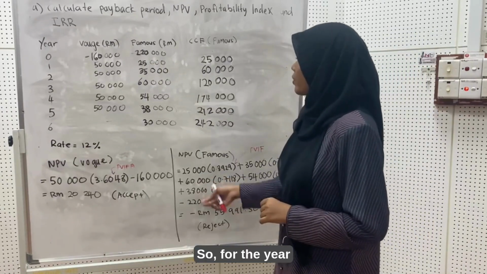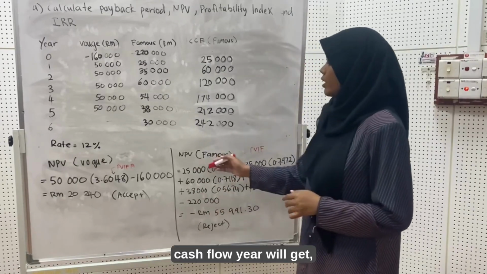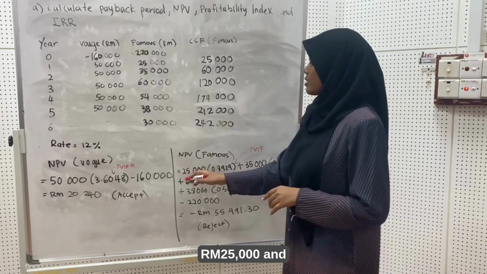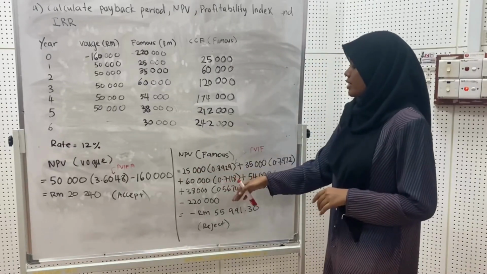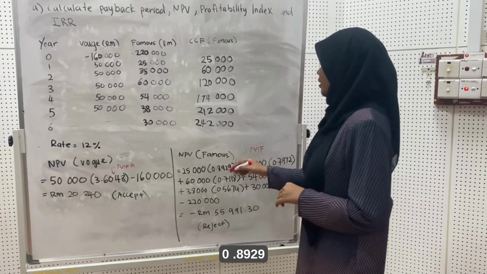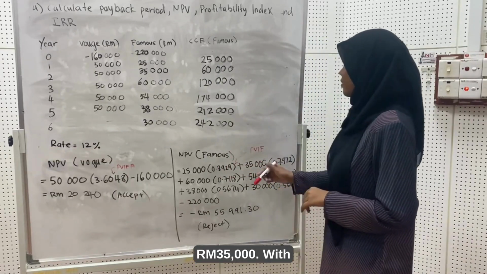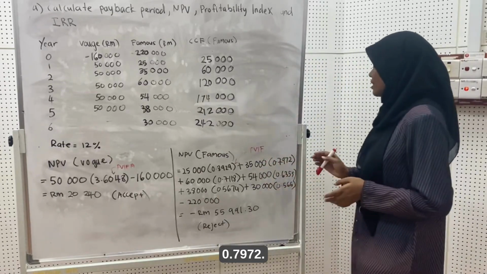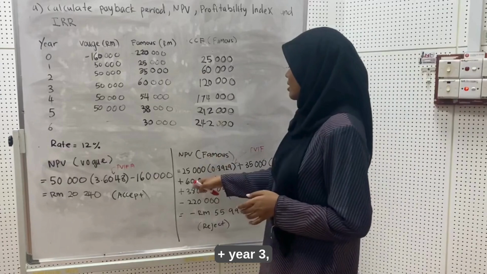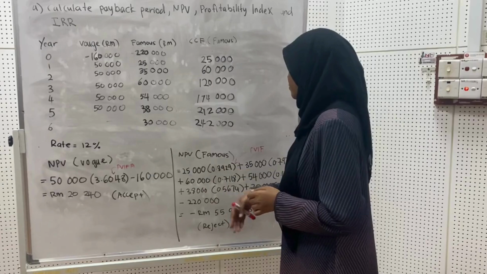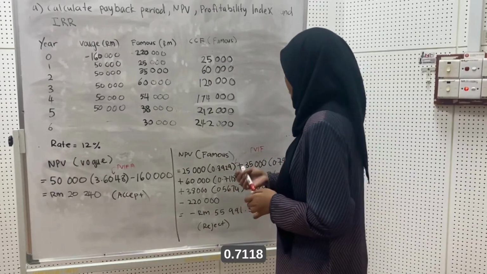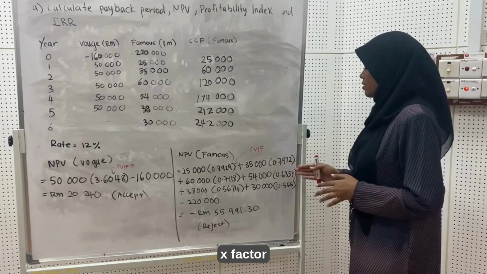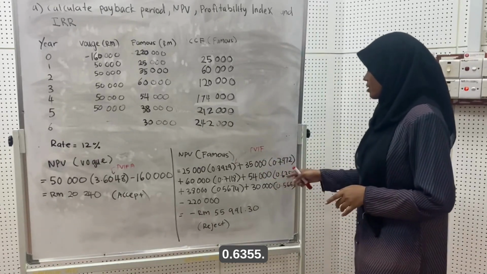So for year one, the cash flow is 25,000, and the factor is 0.8929, plus the second year 35,000 with its factor that is 0.7972, plus the third year's 60,000 times the factor 0.7118, plus the fourth period, that is 54,000 times the factor 0.6355,